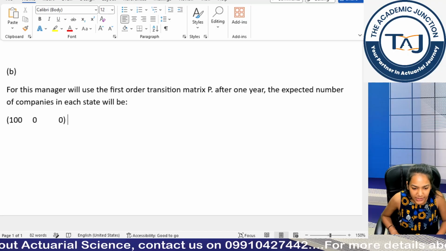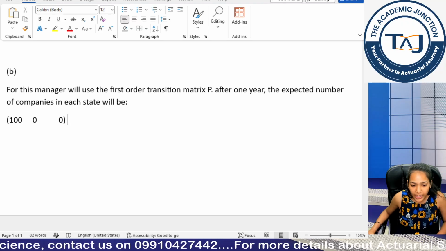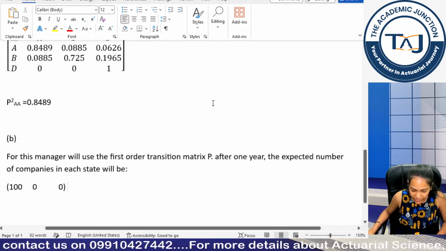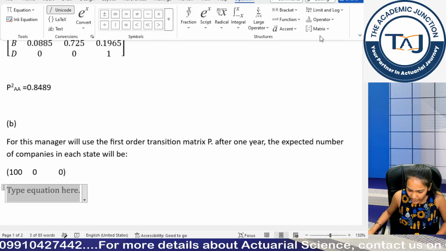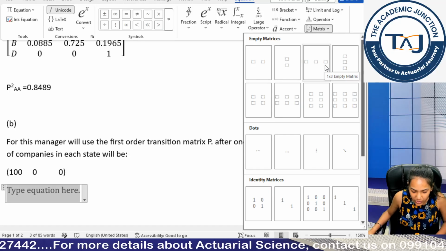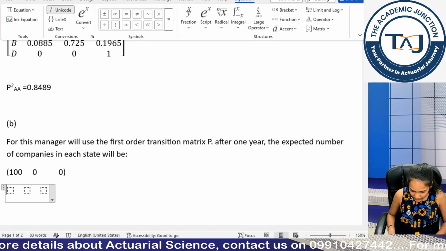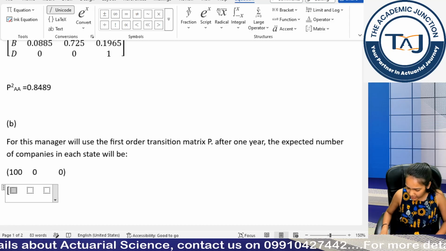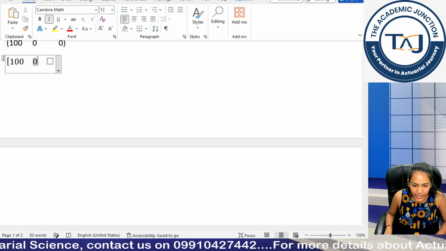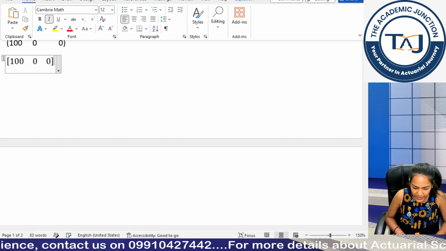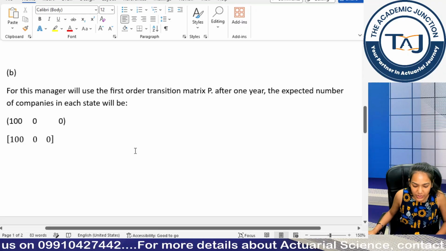This is looking like a matrix, or what I could have done is, I could have used Excel as well, or I could have done the matrix addition. Let me use the direct matrix function in the equation editor. So I can write alt equal to, I go to matrix. Now I wanted this matrix only. Okay, so I go to this matrix. Now I start with a bracket at 200. I use the forward arrow key to go to the next cell, and then I use my square brackets. So this is looking like a matrix. Okay. Then I use my first order matrix.